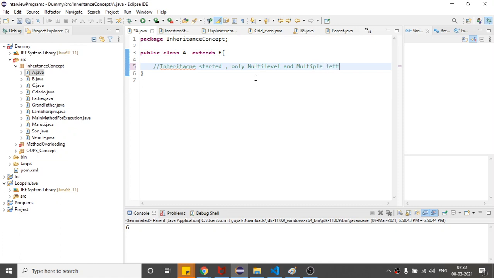Okay, so let us discuss multi-level first.